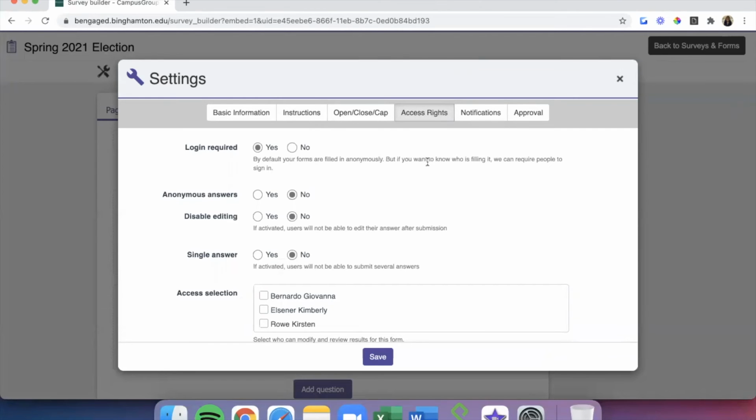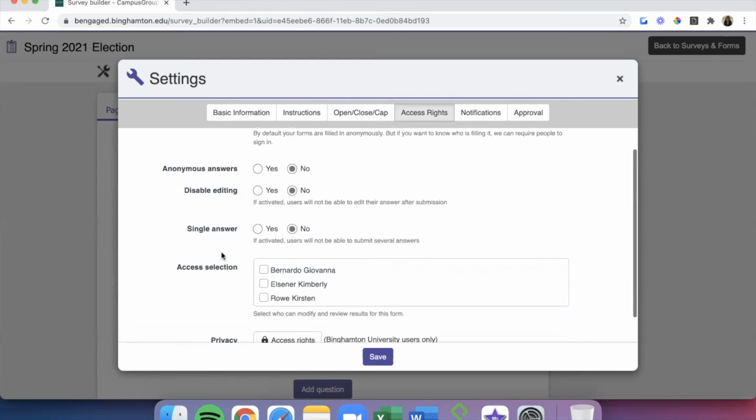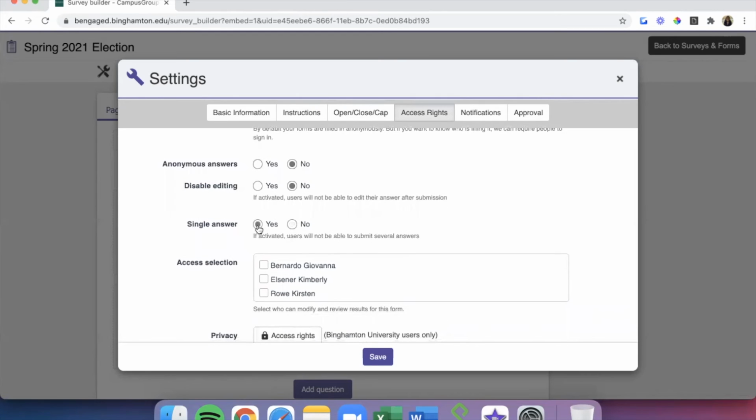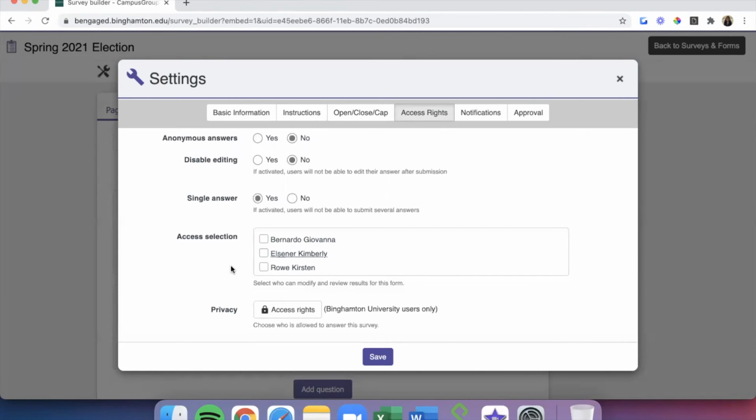Under Access Rights, we'll decide on ballot specifics, such as if login is required and members have to log in to Be Engaged to access or complete the ballot, if anonymous answers are allowed, if we want member submissions to be anonymous, if we want to disable editing, if members are able to go back into Be Engaged and edit their ballots after they've submitted them, if we want single answers, if members can only submit one response to the ballot, and access selection, which group officers have access to the ballot submissions.